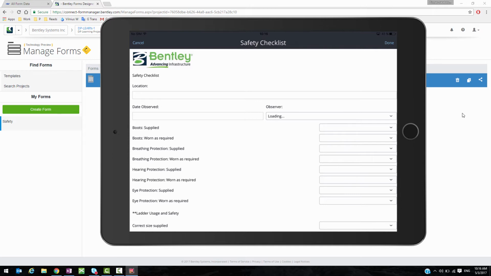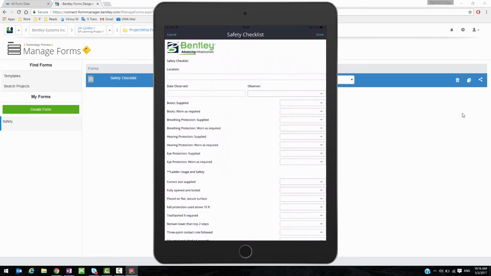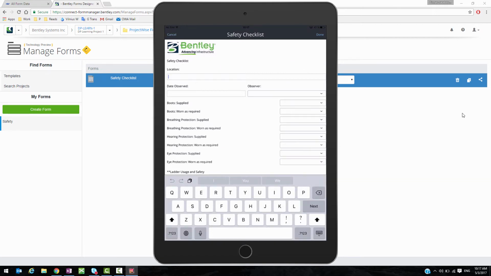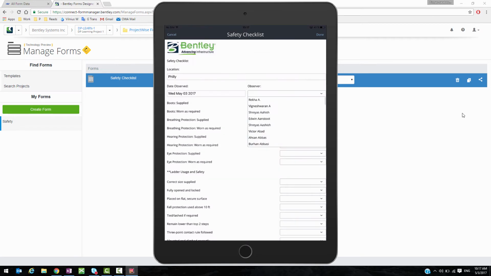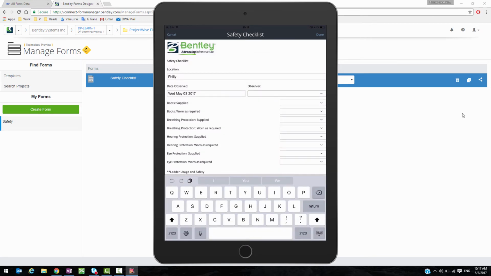We have our landscape orientation right now. We're going to change it to portrait and see how that looks. It looks really good. So we can fill out a couple fields here. We can say location, date observed, it's going to be today. Observer, I can put myself,